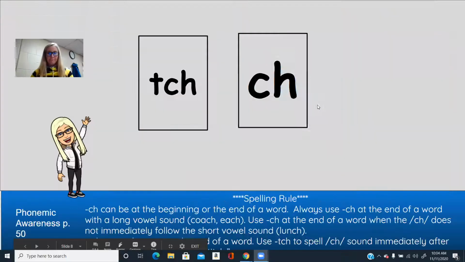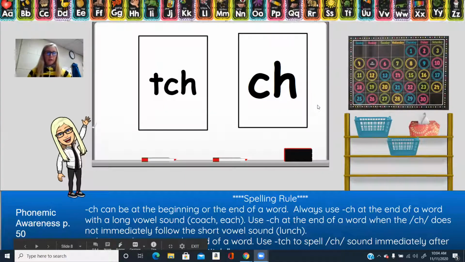All right, you can erase your boards and put your whiteboards away for now. Let's continue on with the rest of our learning for today. All right, remember we were working on the digraph TCH and CH. And I know it was a little rushed on Monday when we were trying to learn the difference, but remember